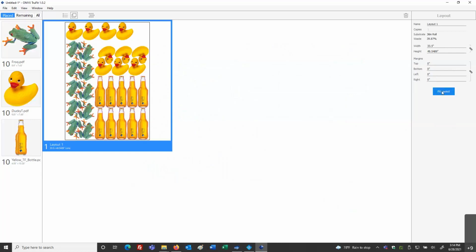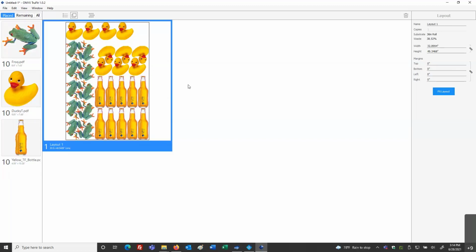When I click on Fit Layout, the software takes the nest and my roll size and optimizes that. So we're really going to get down to the real area of coverage. So when I click on my Fit Layout, my 39 waste went to 38 waste. And again, depending on how many pieces we have and so forth, those numbers are going to vary.